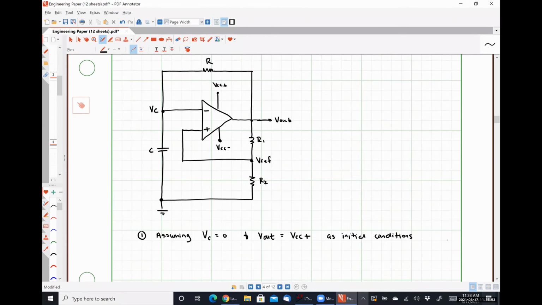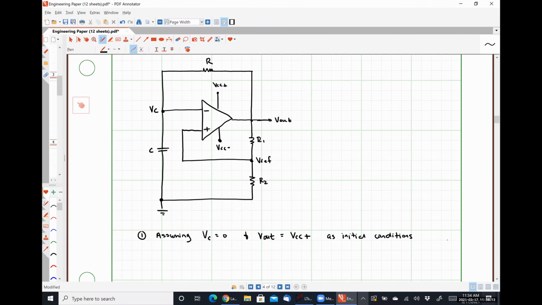Because it has positive feedback, the output is always going to be either VCC plus or VCC minus. The negative feedback can't take it away fast enough to change that. So when V out is equal to VCC plus,